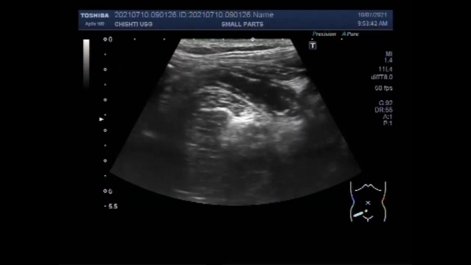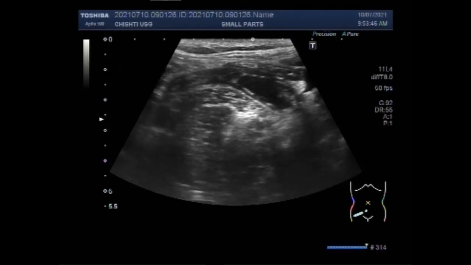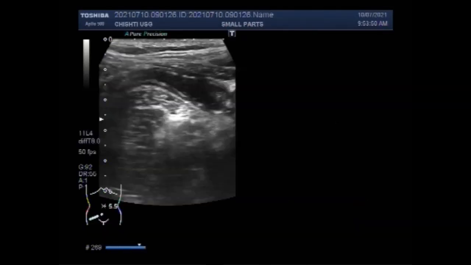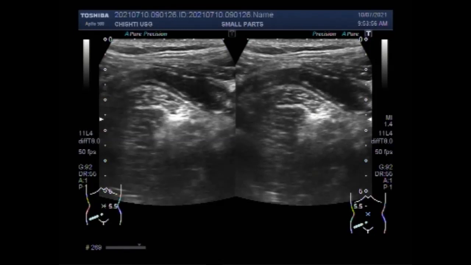Appendicitis can be acute or chronic. In acute cases of appendicitis, the symptoms tend to be severe and develop suddenly. In chronic cases, the symptoms may be milder and may come and go over several weeks, months, or even years.